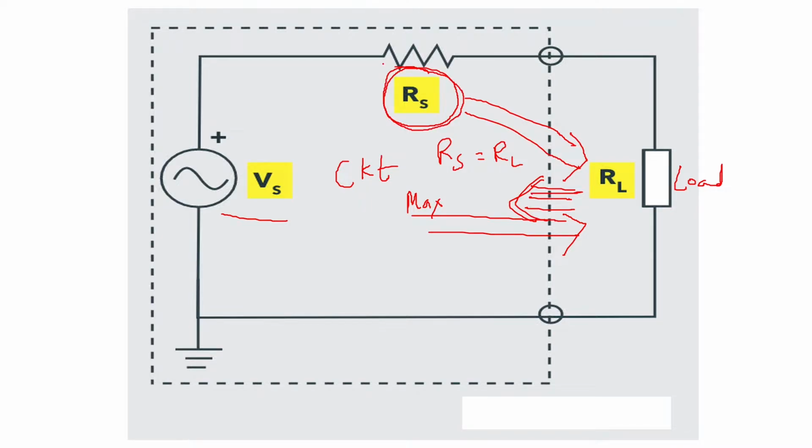The other way to do it is to follow Thevenin's theorem, where we can reduce a complex circuit to a small circuit with a voltage source in series with a resistance. That resistance will be the effective resistance of the circuit, and if that resistance is made equal to the load resistance, then there will be maximum power transfer. So we can have that view also for this simple statement. Let's see that view also.